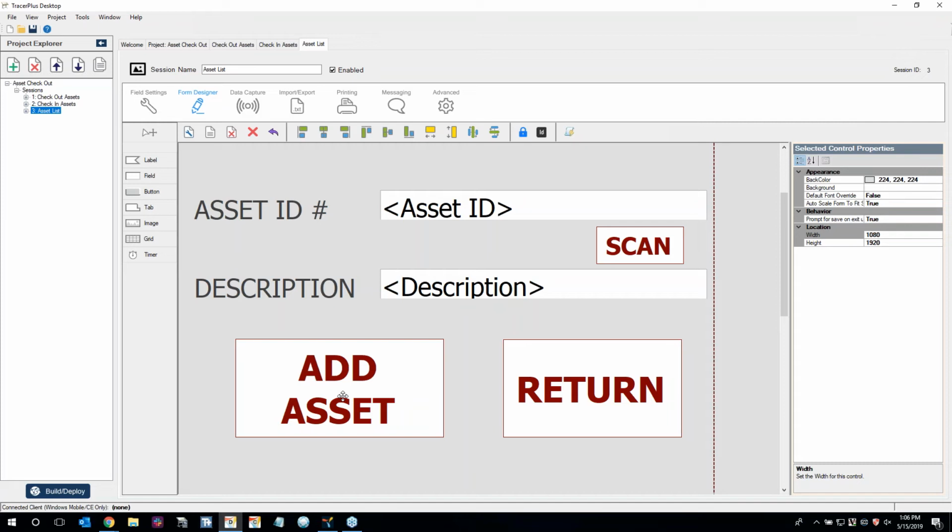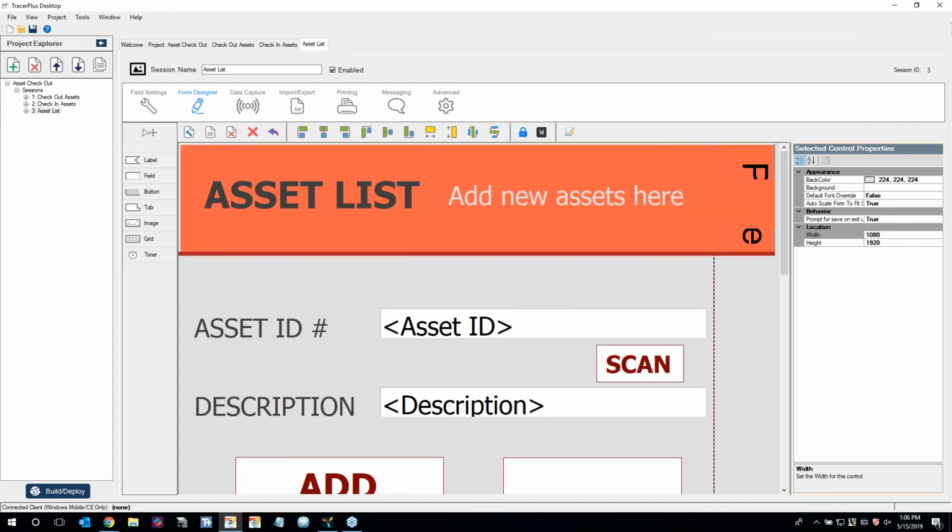Alternatively, instead of adding assets one by one, and I won't demo this now because it does take up a bit more time than I'd like, we could hypothetically connect this application to TracerPlus Connect and by extension a backend database, where we could create a sync button on this form, and instead of adding the assets one by one, have a large list of assets synced over from our choice of backend database to the